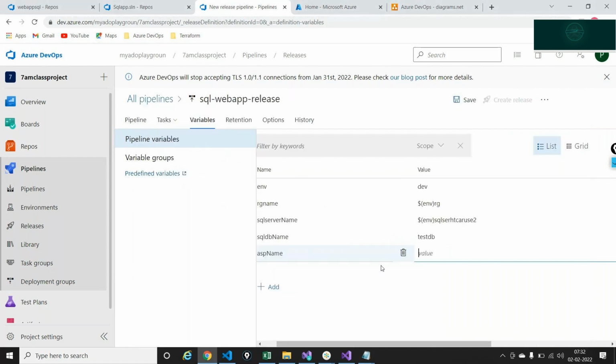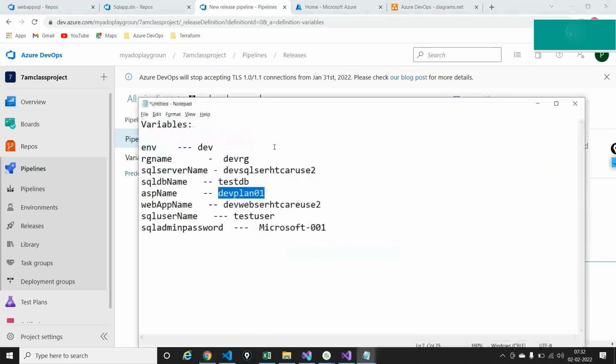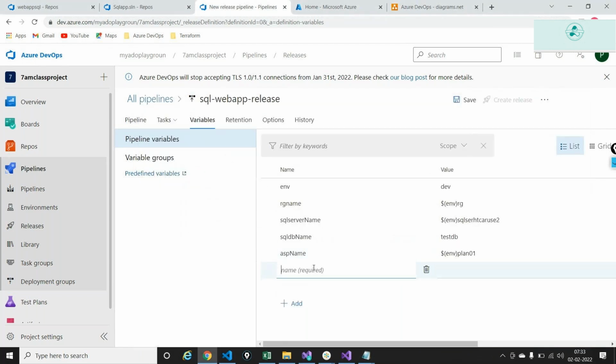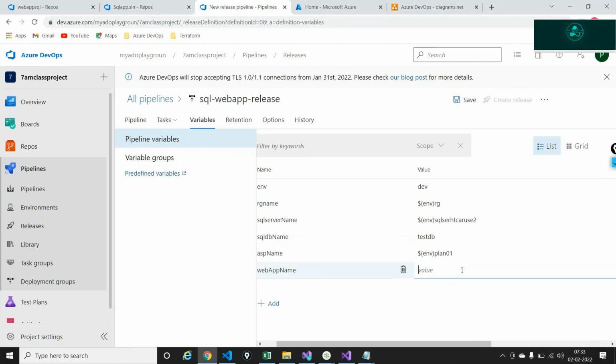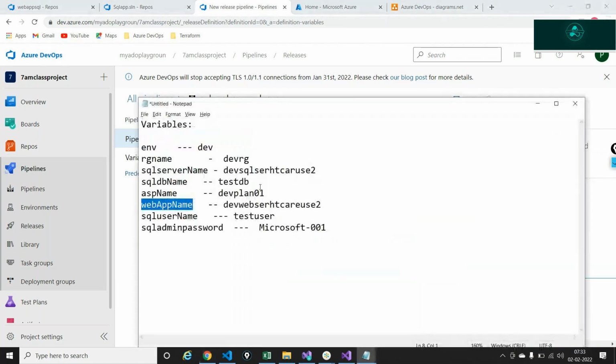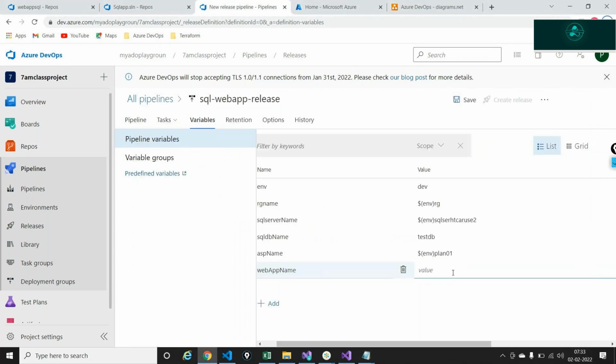So it should be something like dollar open and close env plan 01. Web app name again is going to be the same thing. It's going to take in the property called dev. So I'm adding this out and I'll just take this property. Just remove this and I'll say